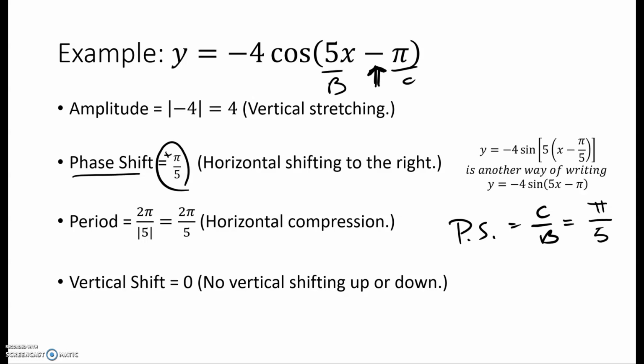Okay. There's another way you could write it. You could factor out the 5 and get this right here, and your phase shift would be right there, but this seems to be the easier way of doing it. Okay, now the period, since we said that b is 5, so period